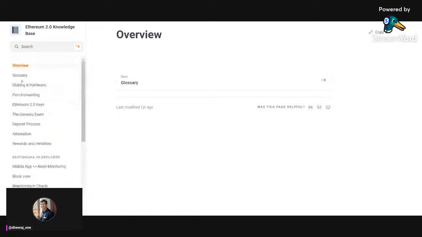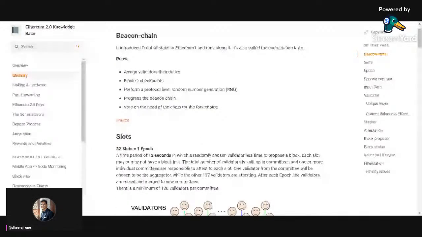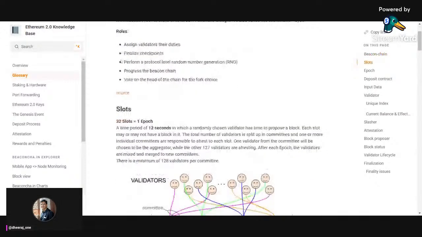We are going to the glossary. These are the terms that are used in Ethereum staking. Everybody should be aware of this. Like, what is the beacon chain? What does the beacon chain do? It assigns validators their duty. It finalizes checkpoints, and performs